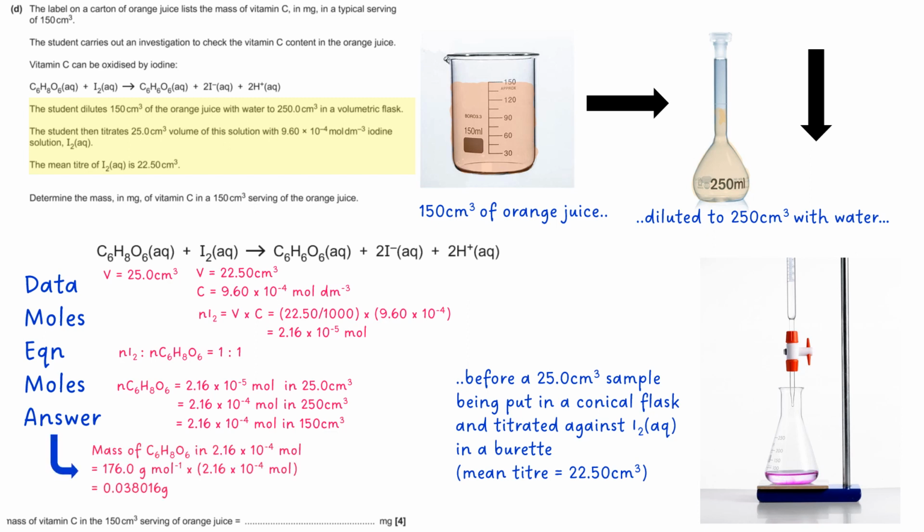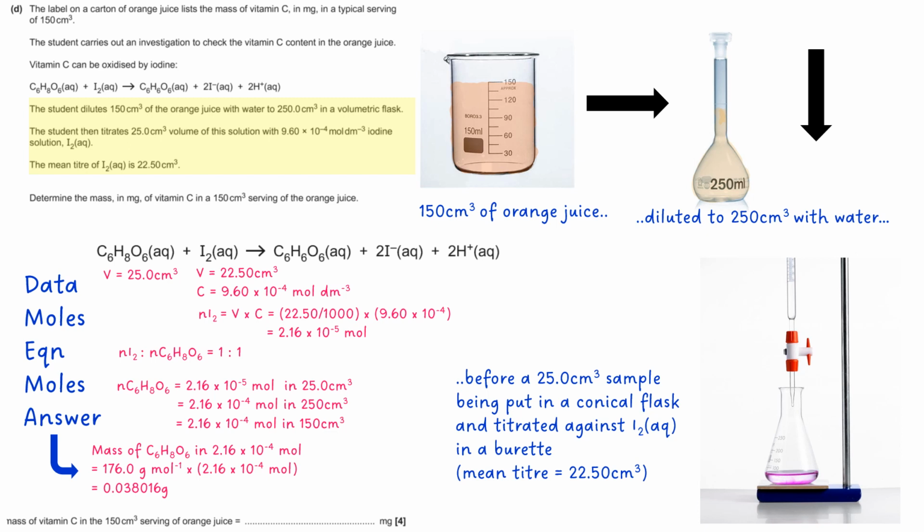So the final part is to work out the mass of vitamin C in 2.16 times 10 to the minus 4 moles. So using the molecular formula, you can work it out as 176 grams per mole. Multiply that by your 2.16 times 10 to the minus 4, which gives you